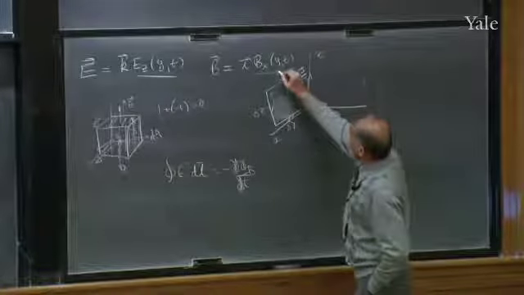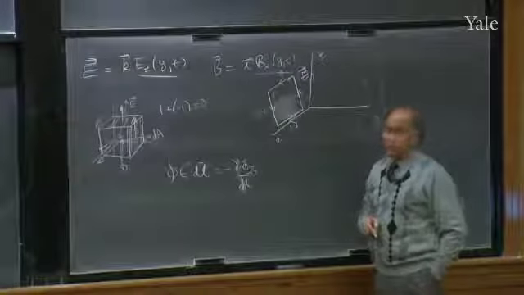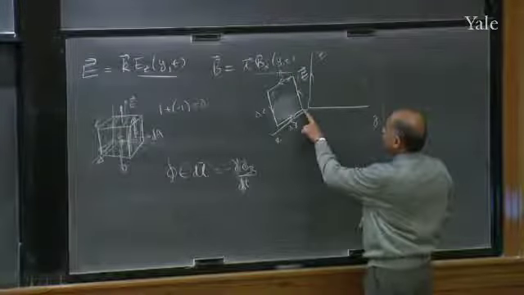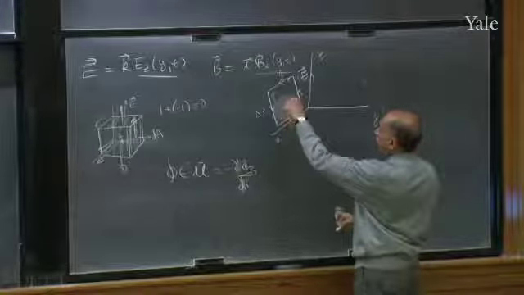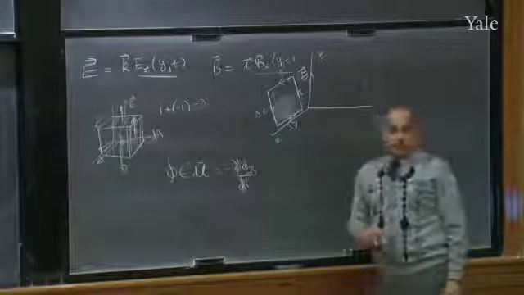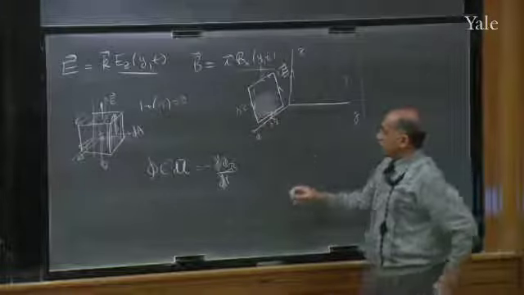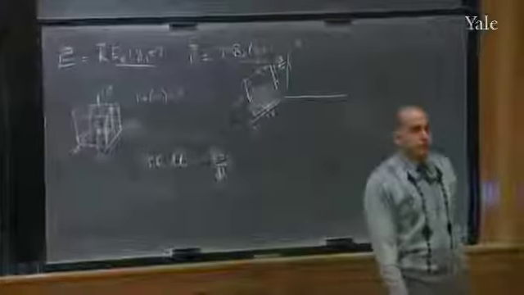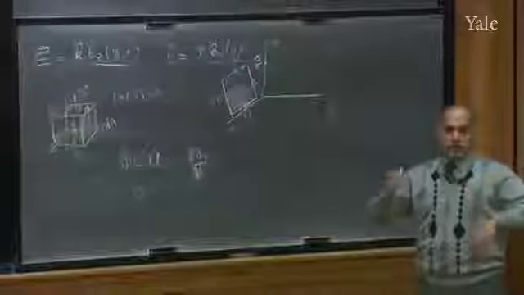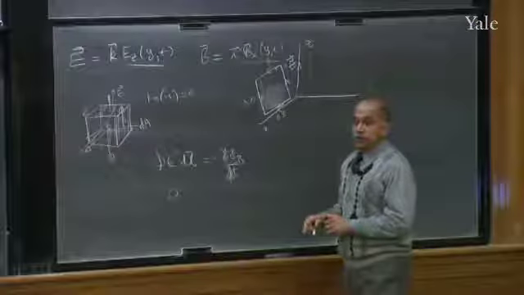These two have no contribution because E is perpendicular to dl. But these two cancel. They cancel again because the E that you have here going up is the same E that you have here also going up, but the dl is going in opposite directions. Therefore, E dot dl around this tiny loop is actually 0. You understand why it is 0? Cancellation between opposite edges and two edges that don't give you anything.